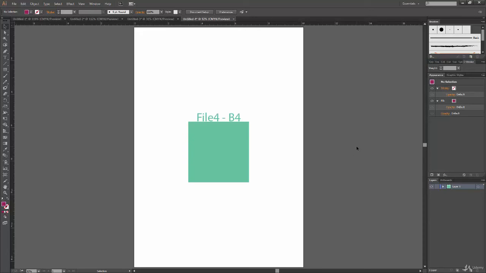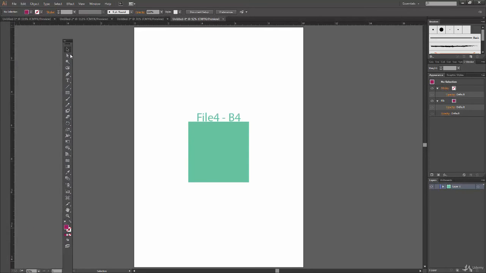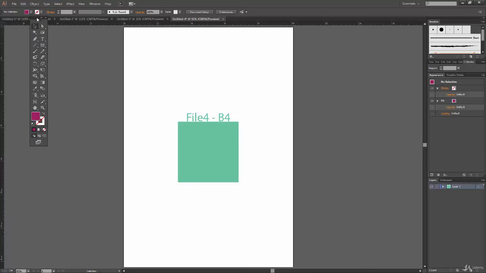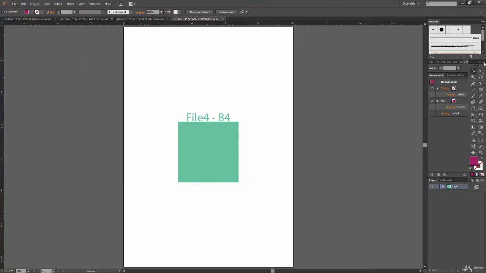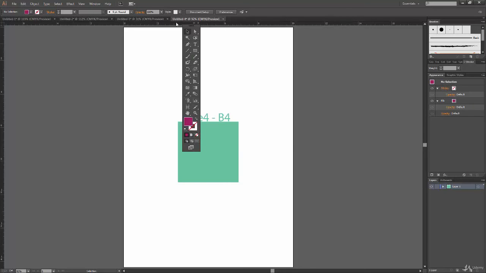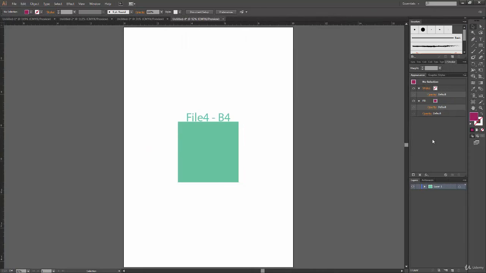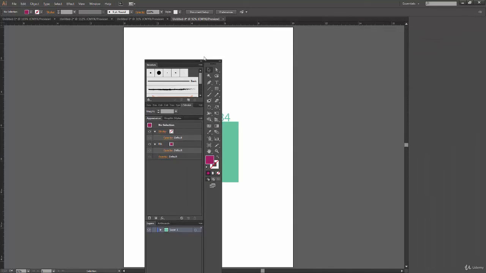Now the same thing can be done with the toolbar, but the toolbar doesn't have that much customization. The only thing you can do is click and undock the toolbar. You can expand and shrink it, and you can again dock it wherever you want. I think it only docks on the left side or the right side. It doesn't dock on the top and bottom. So that's the only option you have with the toolbar.